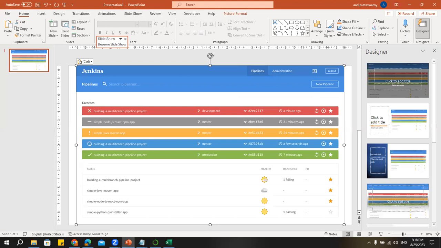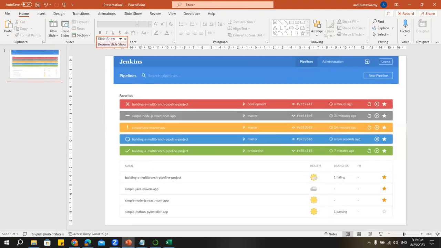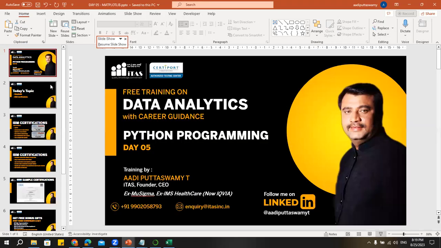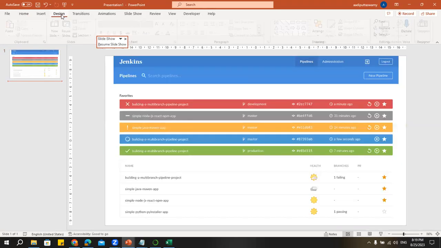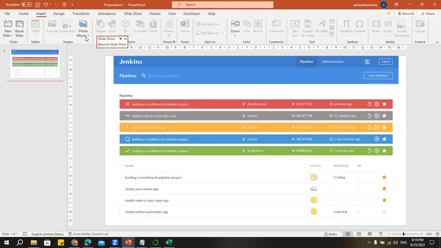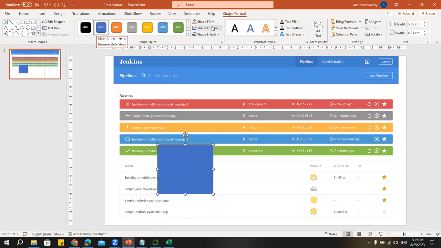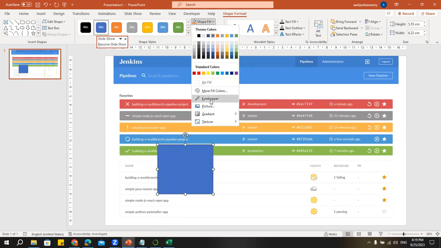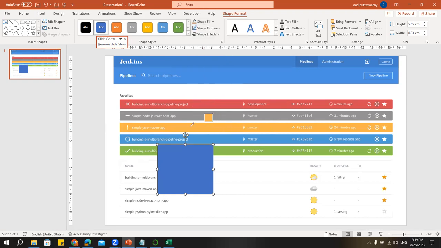Here I'll take this and go up into this. Okay, insert. Go to the shape. And here, see, we got this. I was searching for this in Excel. I didn't get it, so I'm coming to this PowerPoint. What this eyedropper will do, click on this. See, when I click here,